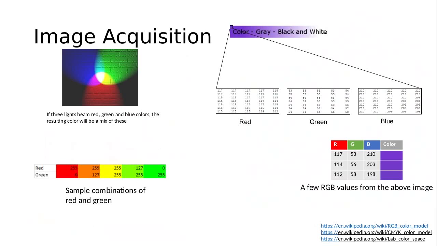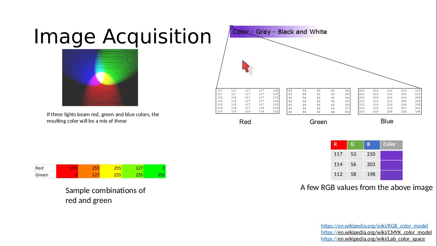Now we have seen how human eyes work. We have also seen how cameras acquire images. Now let's see what happens after a charge coupled device acquires the light, converts that into voltage and stores it somewhere. What is the storage mechanism, what is stored inside those files? There are many different file formats. We are not going to go into JPEG, PNG or TIFF file formats. That's a level of abstraction which we are not going to study. But what we are interested in is what is stored within these files, what is the data structure in which content is stored.